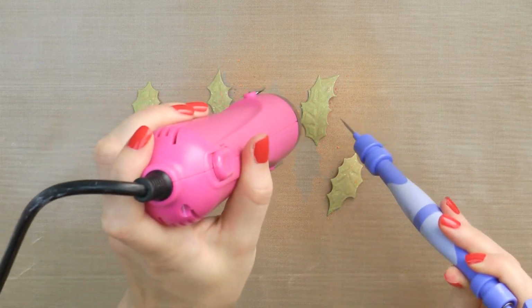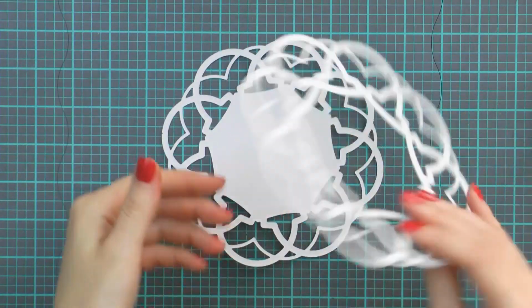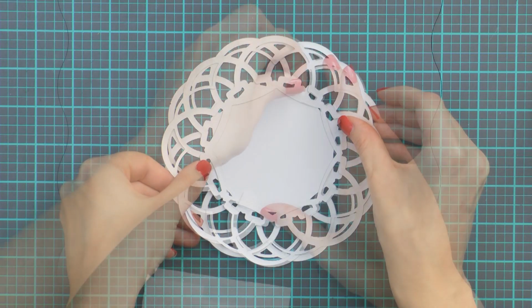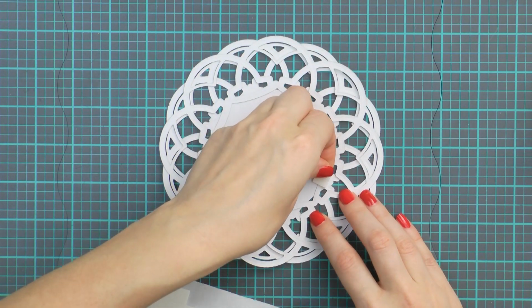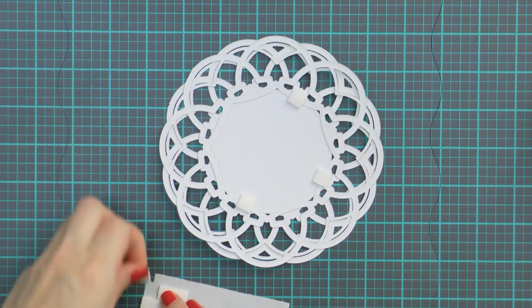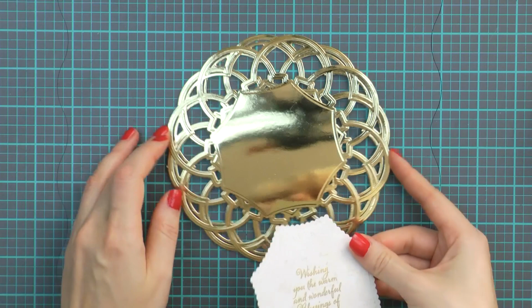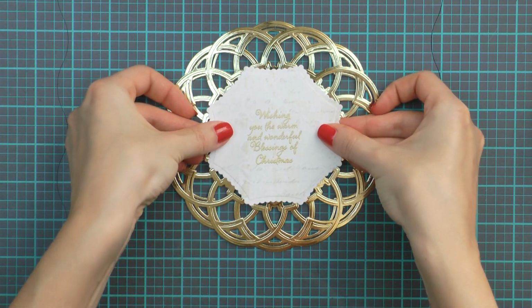And now it's time to put our card together. I'm going to layer the 2 largest Label 46 die cuts. I'm aligning them and using foam adhesive to adhere the two together. Now these foam adhesive squares will also be used to adhere this large wreath onto my card. The next layer, scalloped Label 46 with a heat embossed sentiment, is also going to be foam mounted to add